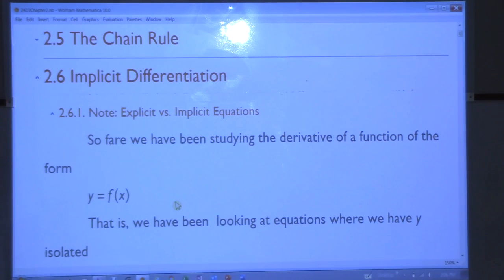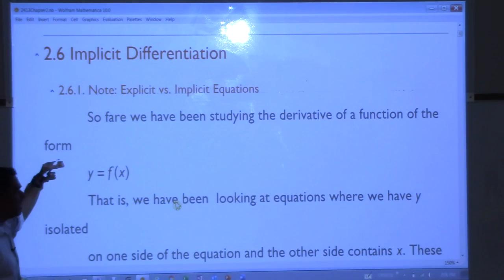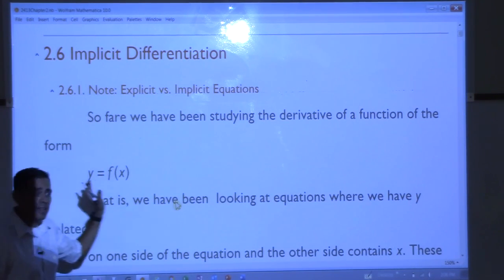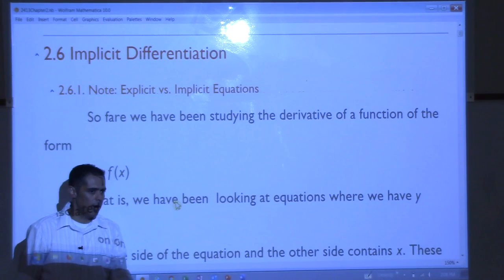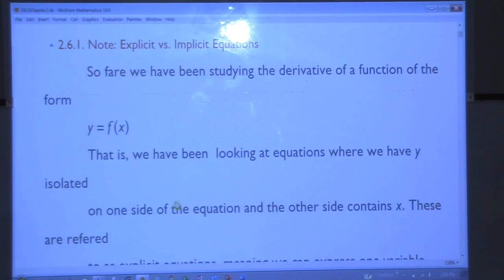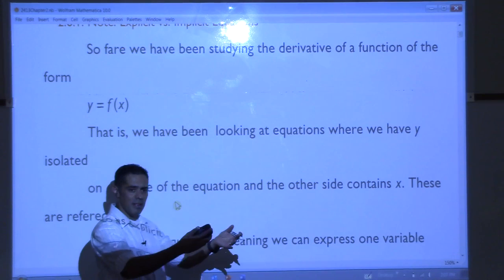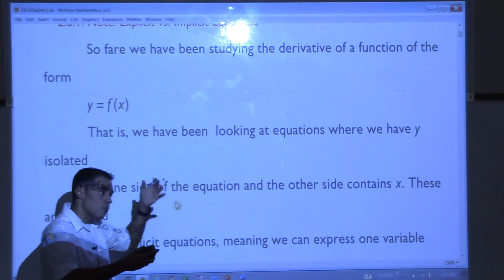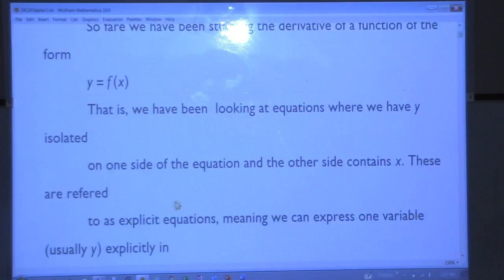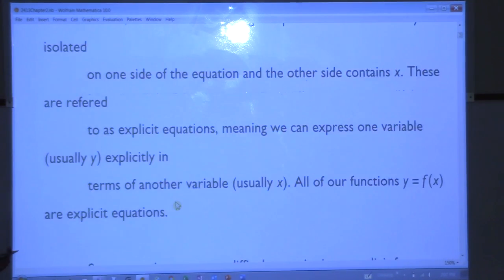So far, everything we've been doing, all the derivatives we've been studying, we've always been able to say y is equal to some function of x, and then I give you the function, then you take the derivative. Another way of saying that is we've always been able to isolate y. If we had two variables, y and x, we always had y equals something. So y was always isolated. So any explicit equation,